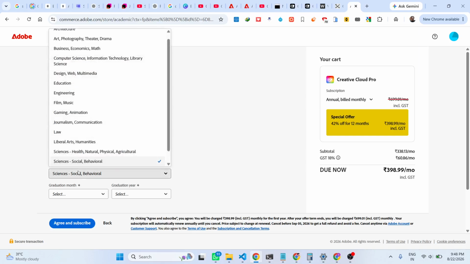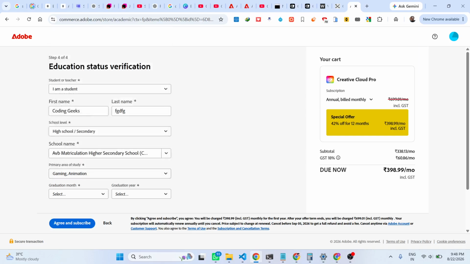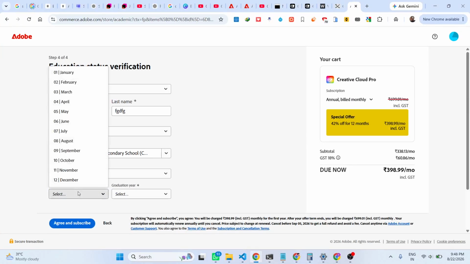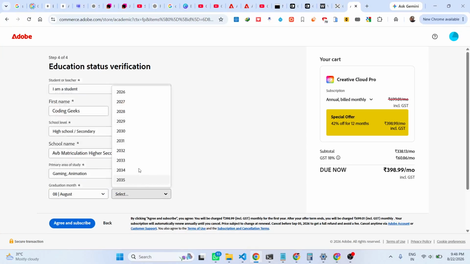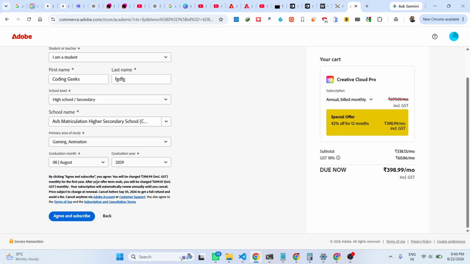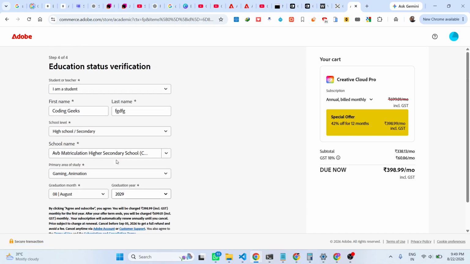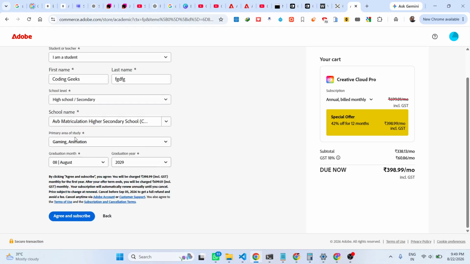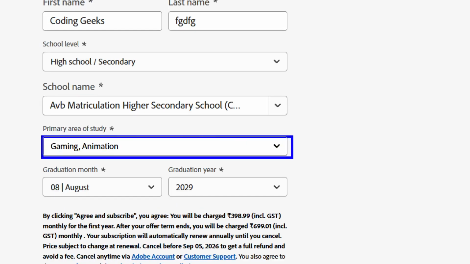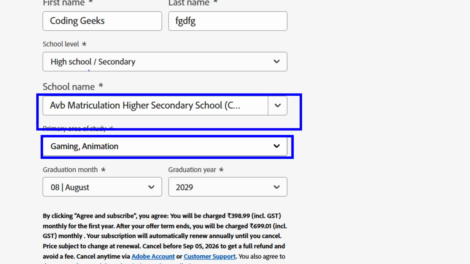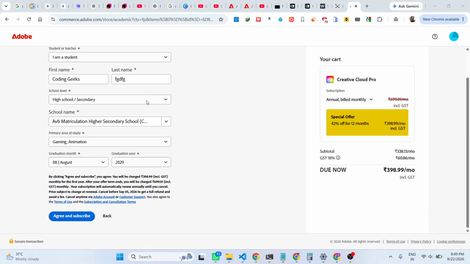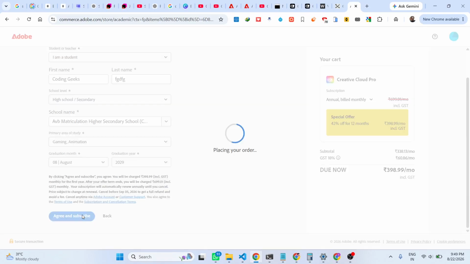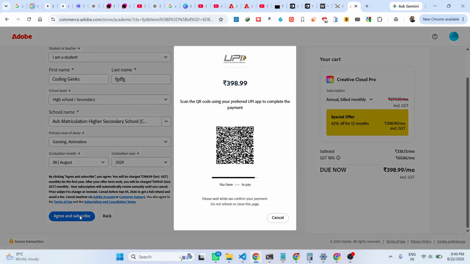primary level of study. From here you can select in which niche you are studying, graduation month. From here you select everything. This needs to be correct information, guys. Not a single thing can be incorrect. So kindly take your time and submit this form, and fill out the correct entries because they will verify this. So fill out correctly and then click on agree and subscribe. They will place this order, and then you need